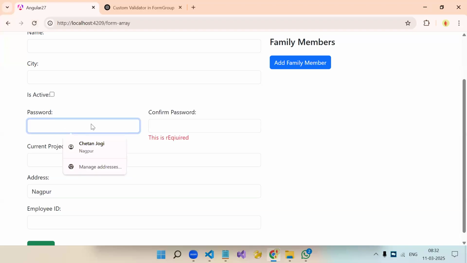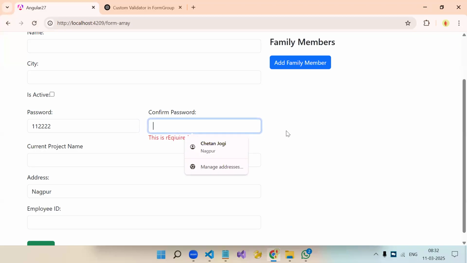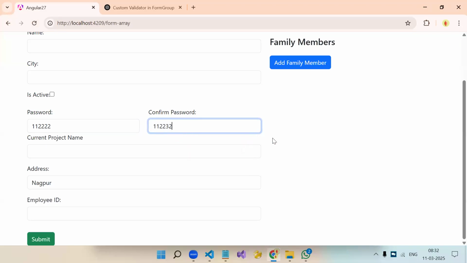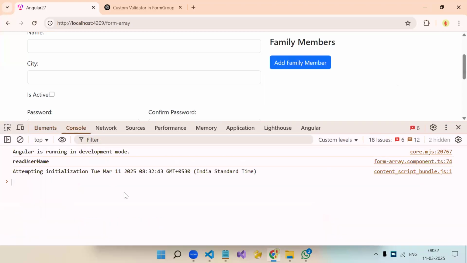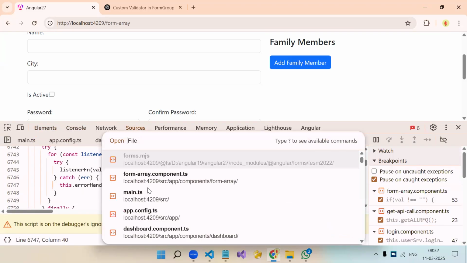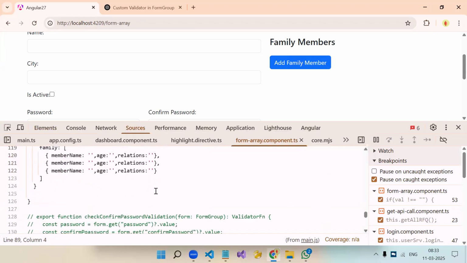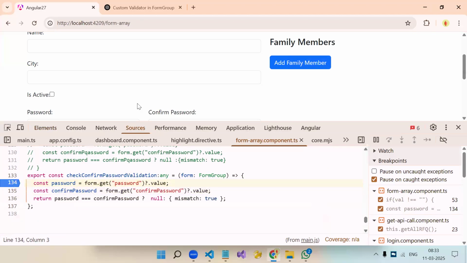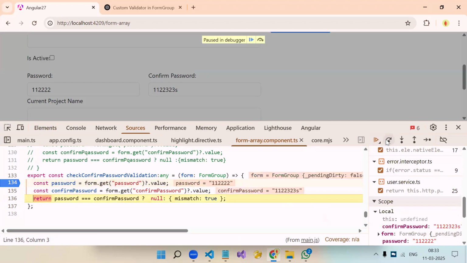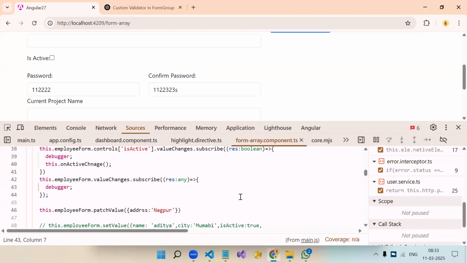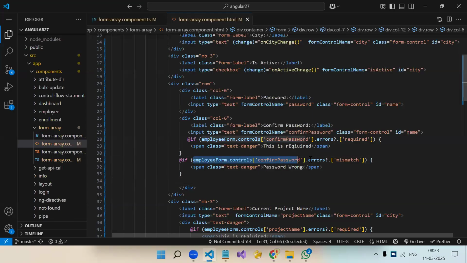ठीक है, 112233, पहले तो रिक्वायर्ड वाला आएगा। ये काम नहीं कर रहा है, डीबग लगा के देखते हैं, कुछ एरर भी नहीं है। तो हमारे ऑन तो हो रहा है। पासवर्ड ये है, डिफरेंट है। अगर ये सेम है तो ही नल भेज रहे हैं, अदरवाइज मिसमैच भेज रहे हैं अपन। दिख क्यों नहीं रहा है एरर? इसको प्रिंट करके देखते हैं एरर में क्या आ रहा है।